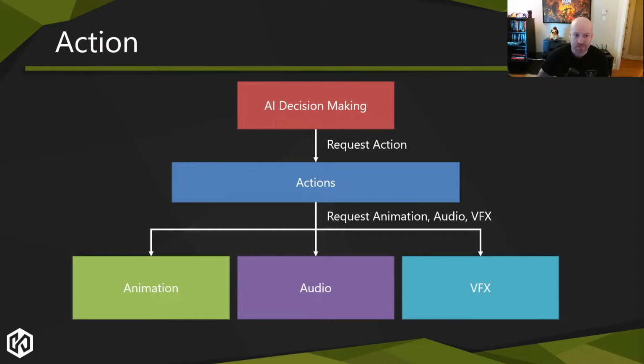And as I said, it's basically being directed by the decision making. Something decides I need to move, it asks the action system to move, and the action system then says, well, you need to play this animation. Oh, you have footsteps, so we need to play the footstep sounds. Oh, you're walking through a desert, so we need to do puffs of smoke on your feet, blah, blah, blah. The basic realization aspects of a character moving.